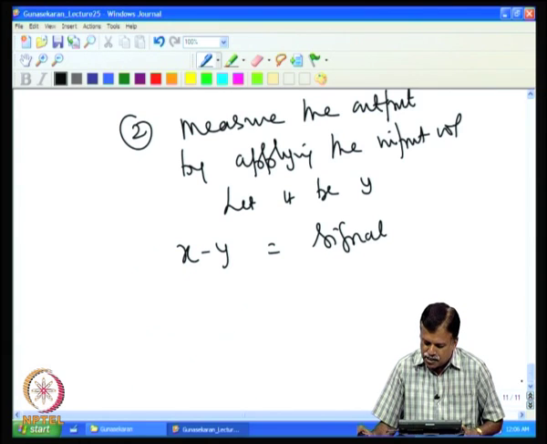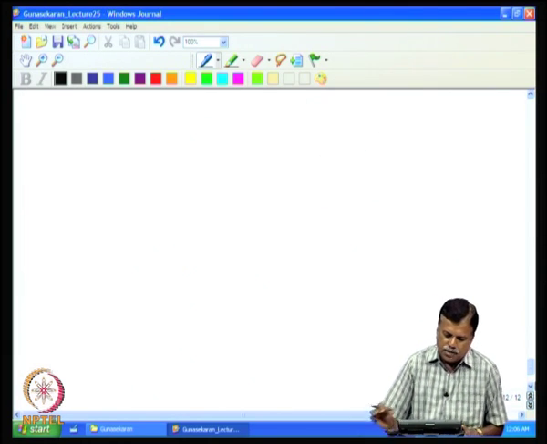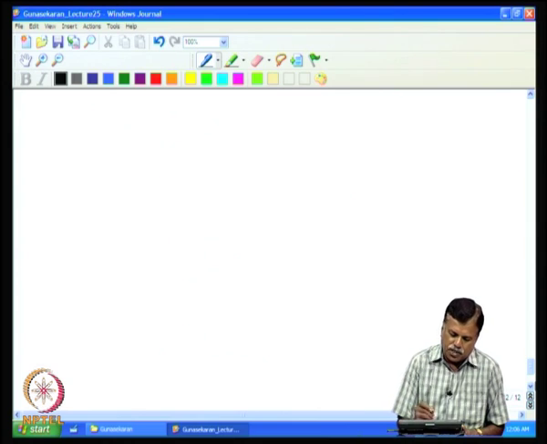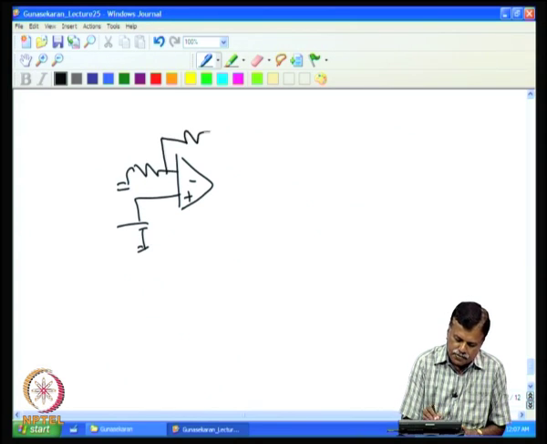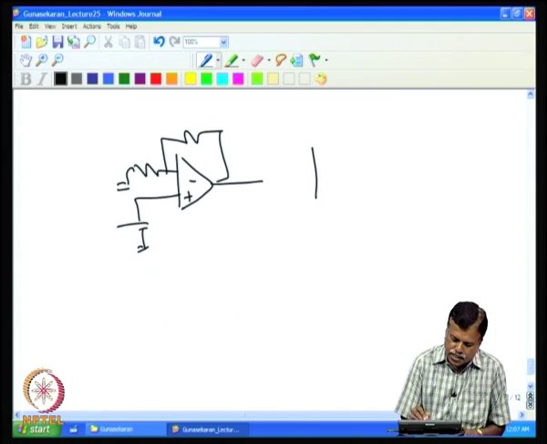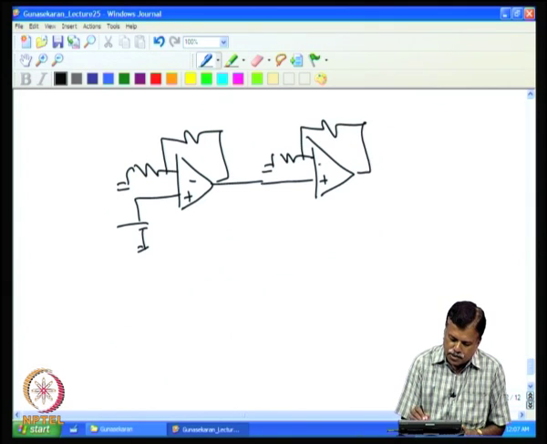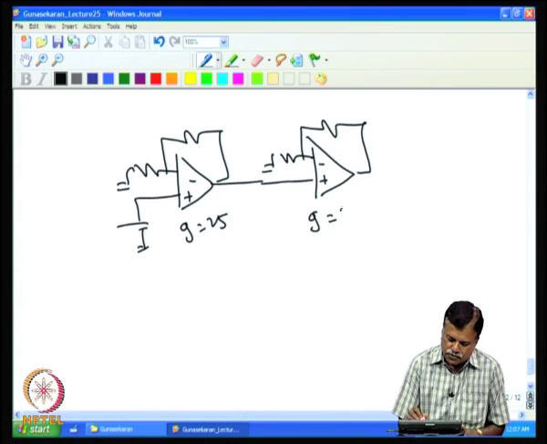Now, if you have multiple stages, then mostly the input stage is the one you have to worry about. For example, if I am amplifying a small signal with several stages of amplifier, say a thermocouple amplifier, and then the second stage again has a gain of 25,